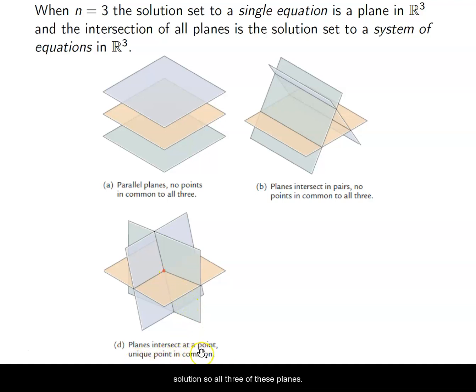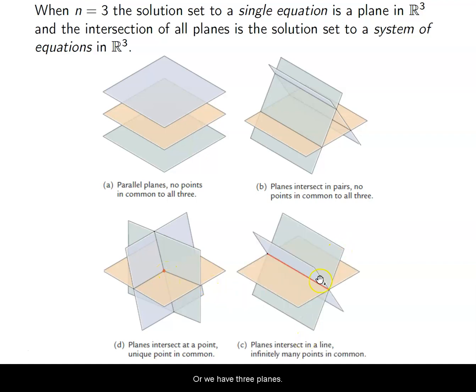In fact, we have a unique solution. So all 3 of these planes, okay, meet up in this one point. Okay, that is the point of intersection here, right? Or we can have 3 planes that meet up at this line. Okay, so then this line represents our solution, and obviously a line has infinite number of points on it, right? That's what a line is. So this would be infinite solutions, a unique single solution, no solutions. Okay,